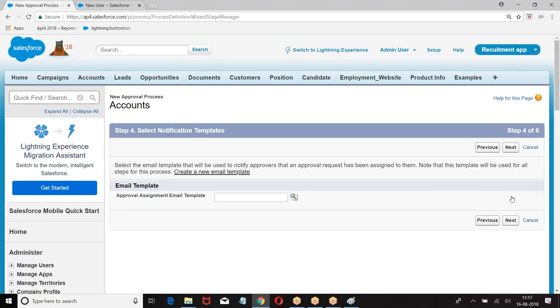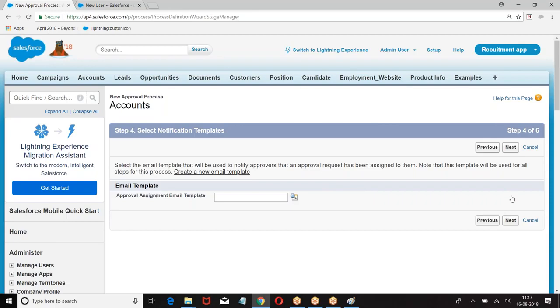You need to notify me that a record is submitted to you. Now you want the record to be approved or rejected. When you want the record to be approved or rejected, I have to notify you. Boss, I have sent a record to you. You approve the record or reject the record. I submitted the record to you, but I have to tell you that I have submitted a record, approve it or reject it. Then how do you notify?